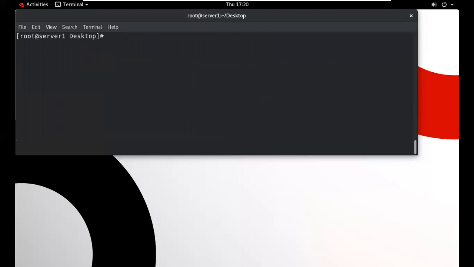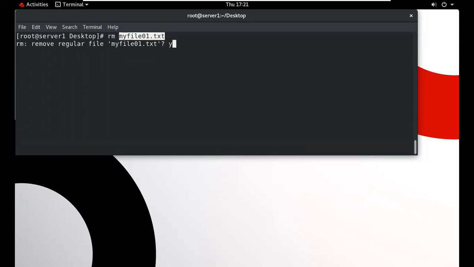So check. This is my original file. When we delete it, there is no effect on the hard link. The soft link will not work. When my original file is deleted, the soft link will not work. Only the hard link will work.